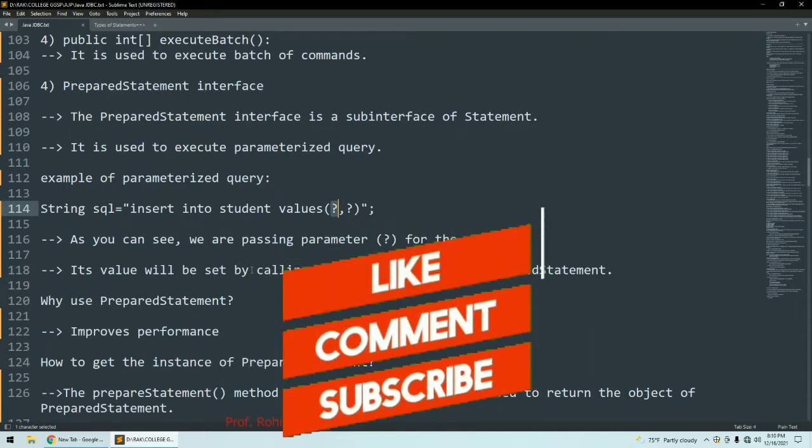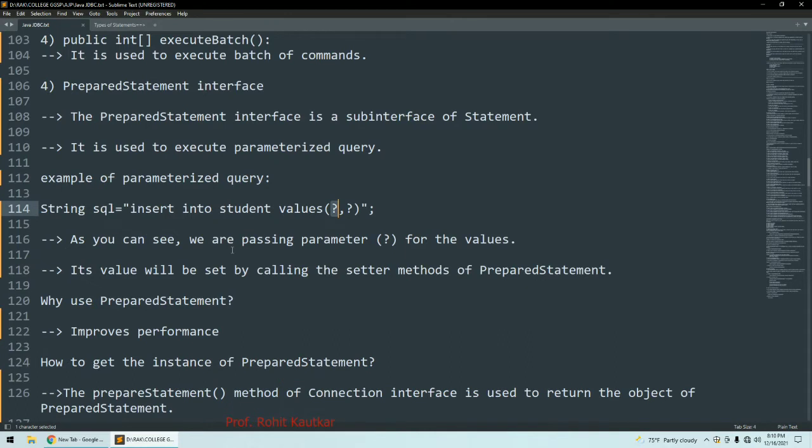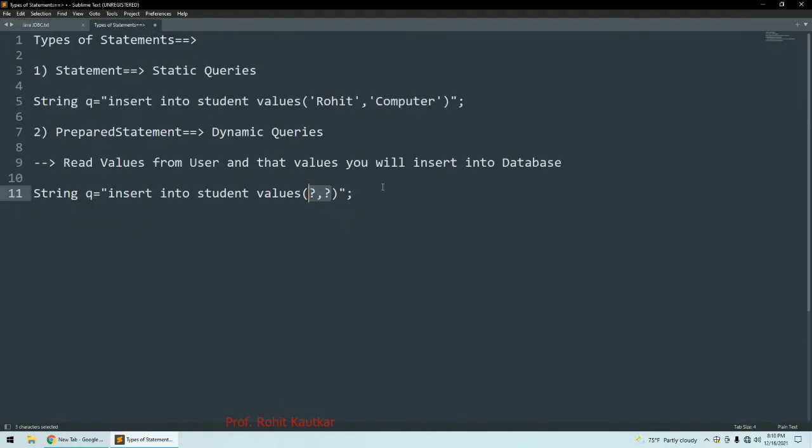How we are going to pass this parameter? For that there is a method available within prepared statement interface. Another example I will tell you. This is example of insert query. Suppose I have update query, how my query will be. I will write here q1, and here I will write update student set fname is equal to Rohit, where now my condition will be id is equal to question mark.